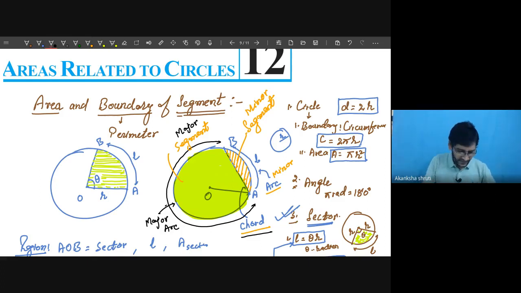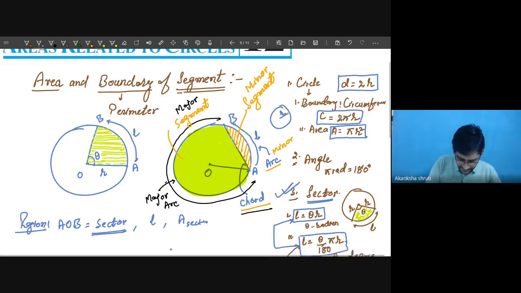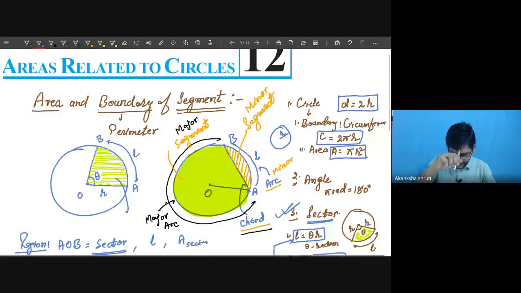Students, like we had learned for the sector, that this sector, which is less than half of the area of this circle, is called a minor sector,